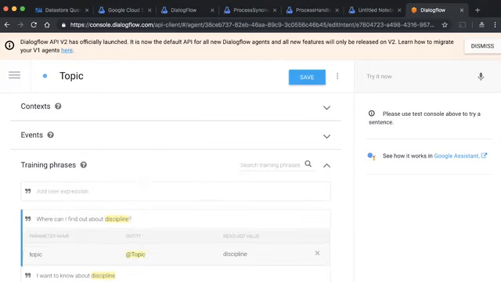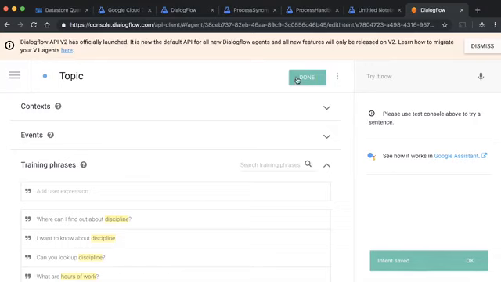So that should be a good number of examples to start with, and now we can save those training phrases. And you'll see that Dialogflow gives a message saying agent training started. So that means it's taking the time to take these training phrases that we just entered and use the underlying machine learning algorithm that is created for your agent to be able to take those training phrases and expand on them and use them for user input.